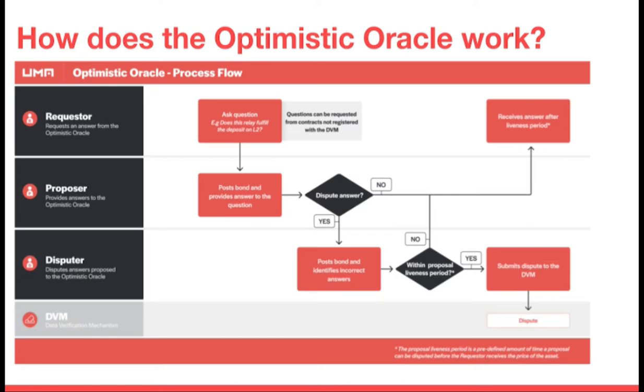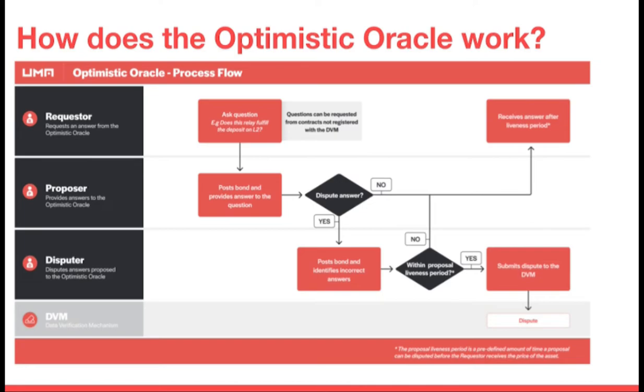Like I just said, basically anybody can come in and say, hey, I want to know the answer to this question that I want to ask. So I can go in and ask that. And then anybody else in the network can act as a proposer, or I myself could also act as the proposer. A proposer can look at my question on the optimistic oracle, and then post a